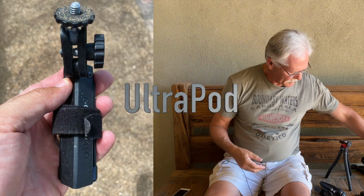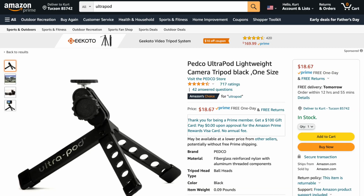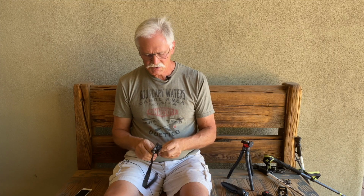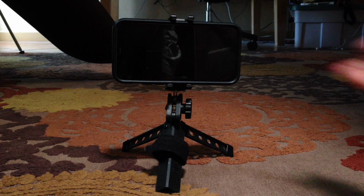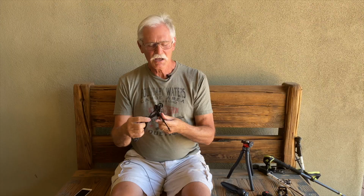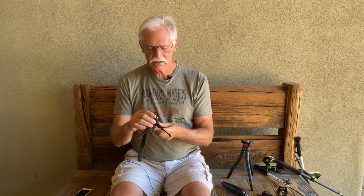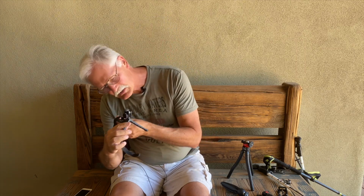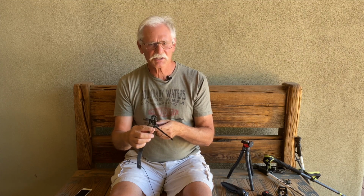My next purchase was an UltraPod, which you can still buy on Amazon today, almost a decade later. It's super lightweight and compact, but the price you pay is that it can tip pretty easily. You can see it's not very wide, so if you have a heavier camera or an iPad or something like that, it can tip over if you're not careful. It can also be difficult to get behind it to see your screen so you can actually get your camera